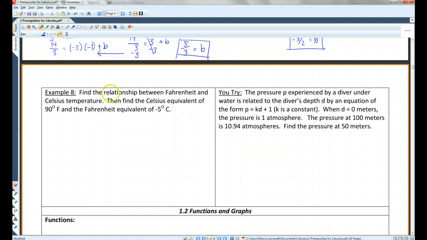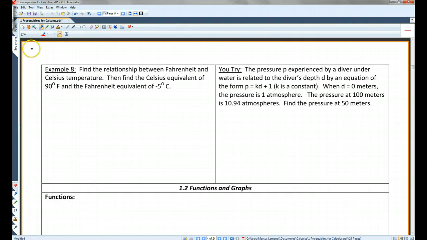Find the relationship between Fahrenheit and Celsius temperature. Then find the Celsius equivalent of 90 degrees Fahrenheit and the, let's see here, freezing point is going to be 0 degrees for Celsius and 32 degrees for Fahrenheit. Boiling point is going to be 100 degrees for Celsius and 212 degrees